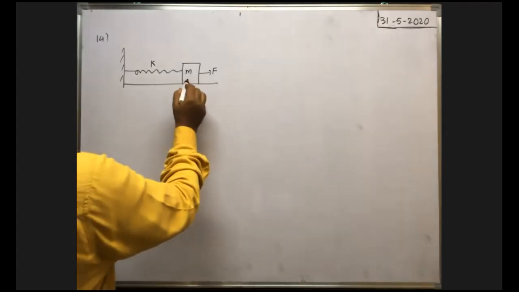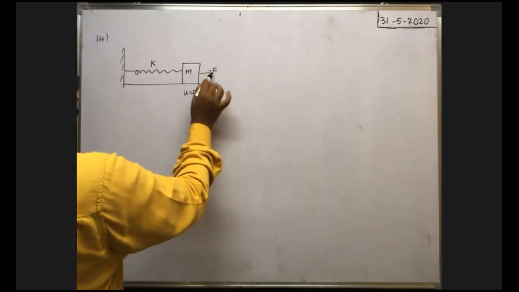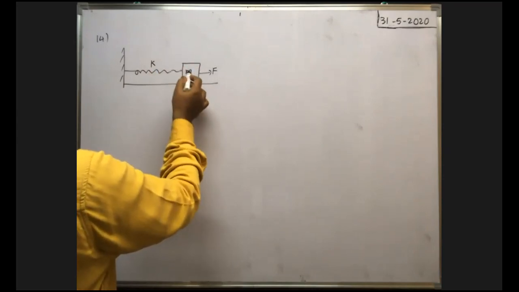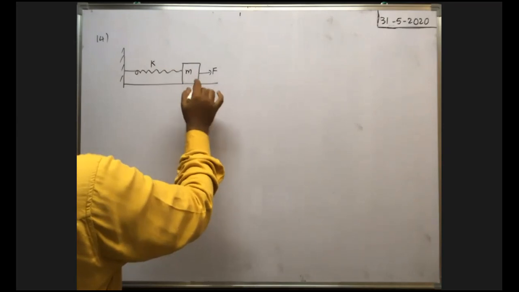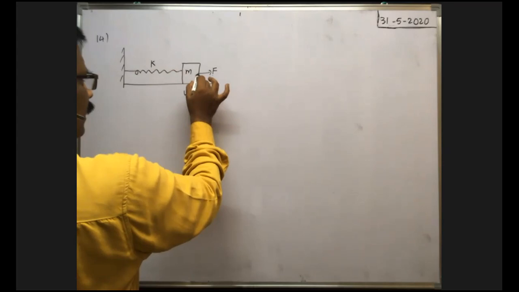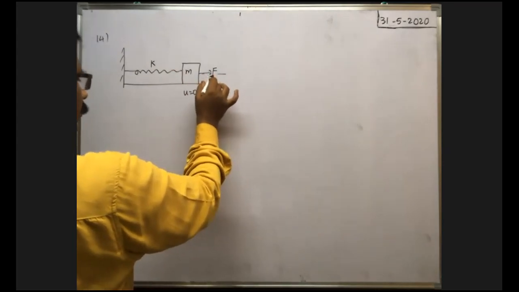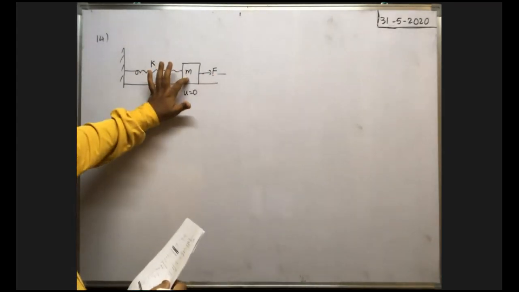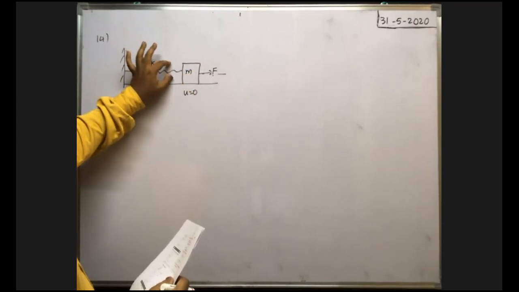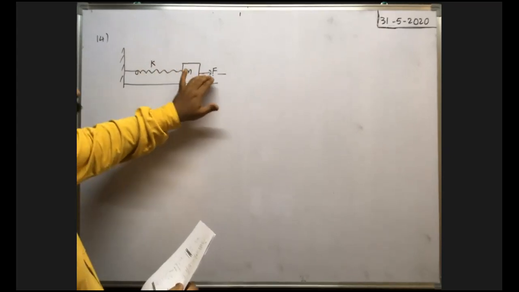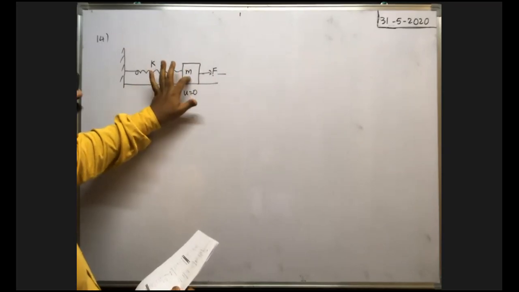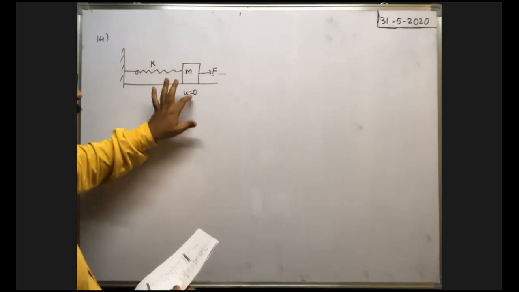Here, whenever the block is here initially, before application of the force, it is at rest under equilibrium condition. Equilibrium means net force is 0 here. Okay, now whenever it is at rest, the constant force F is applied and it is displaced like this. Here no compression or no extension, that's why no spring force is there. Here no external force is there. Along the vertical direction, weight and normal reaction balance. That's why net force is 0, that's why it is under equilibrium, that's why it is at rest.